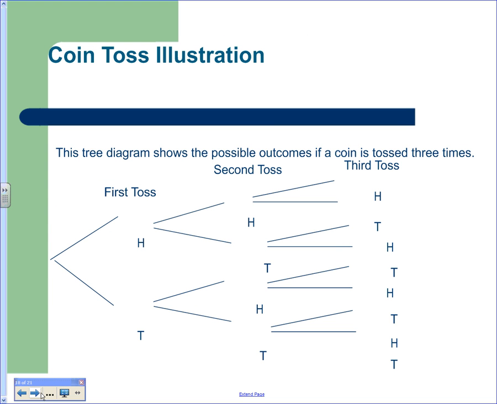So, this is our tree diagram. In our first toss, we're looking at a coin. What are the options? Flipping a coin. Heads and tails, right? What about your second toss? What are your options? If you flip a head, you could hit either a head or a tail, or if you hit a tail, you can hit a head or a tail, right? Okay, what about for the third toss? Heads and tails every time. And you can actually draw it out. Like I can get this and this. You have to do the tree diagram.